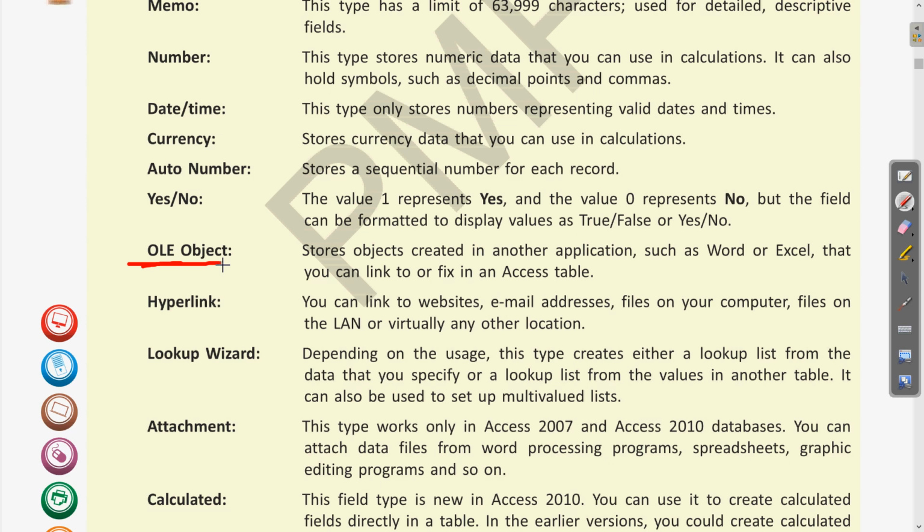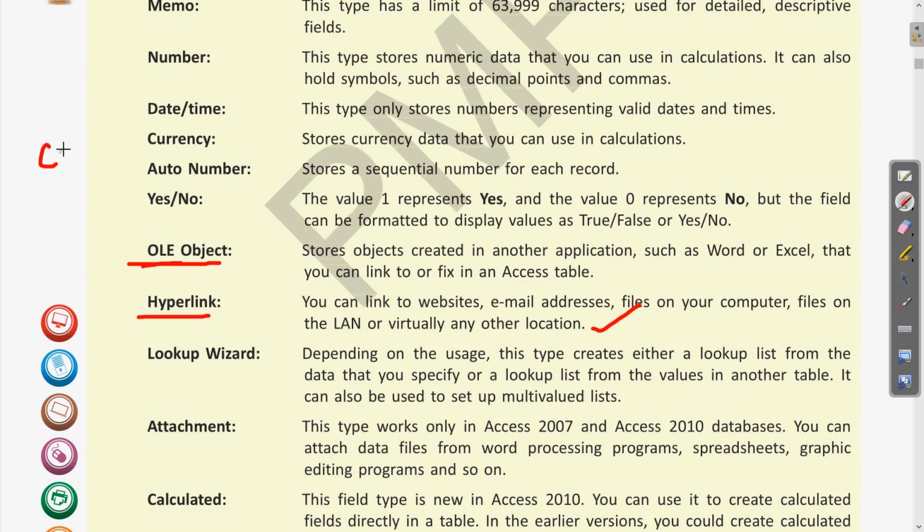Clear? Then hyperlink is if you are willing to insert web pages or email addresses. For these type of values, you can use the hyperlink data type. Then lookup wizard, if you want to choose the values with a drop down where we have a multi-valued list.